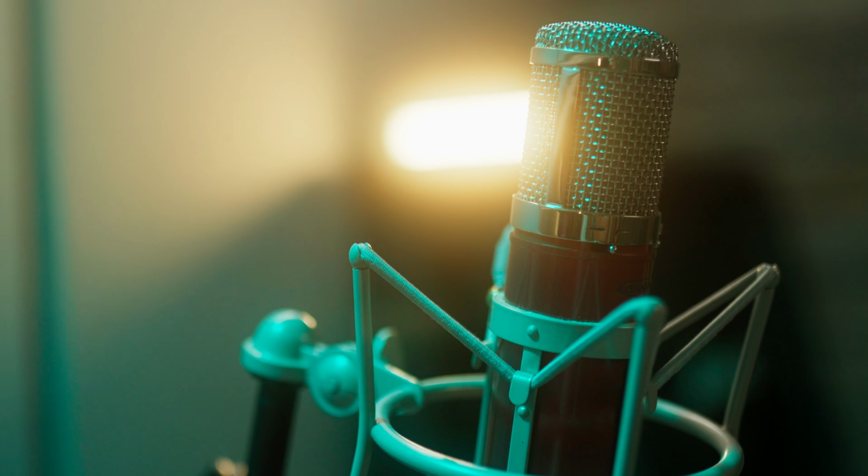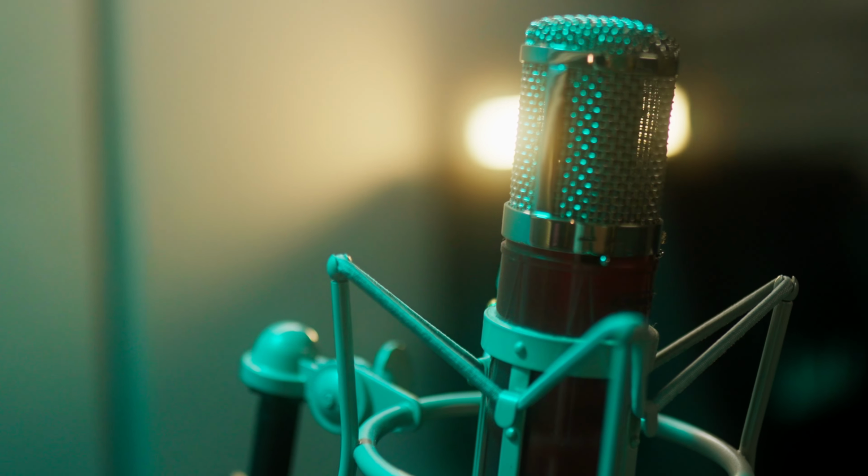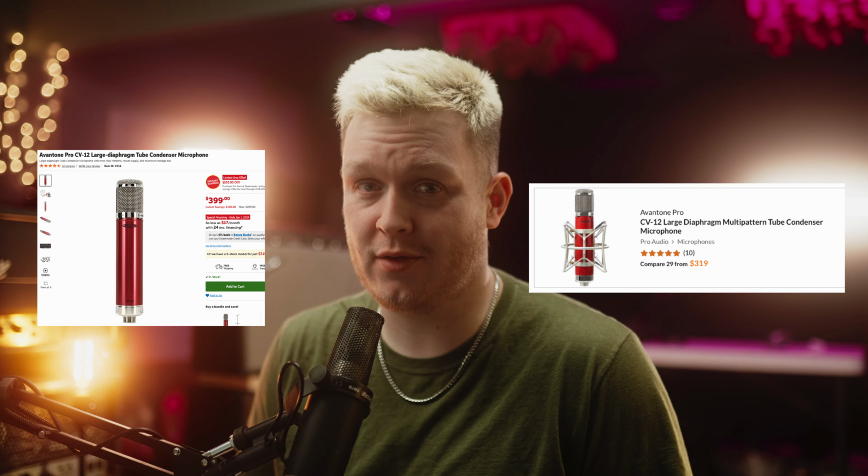So before we jump into Pro Tools, I want to talk to you a little bit about the vocal chain. My vocal sound depends a lot on my vocal chain, so it's super important. For this album, I recorded on the Avantone CV12, the Taylor Swift mic. But I really like the way it sounds. I think it sounds great. It's a 2 mic. It's warm. It's got a lot of character. It's on the cheaper end, so it is an affordable option for anyone wanting to jump in and get a